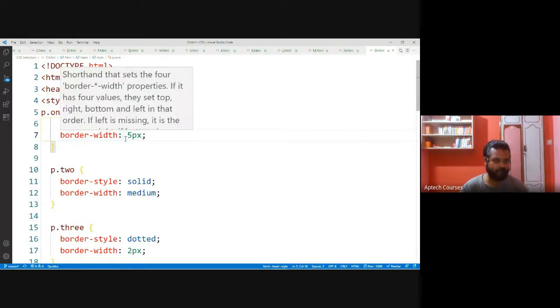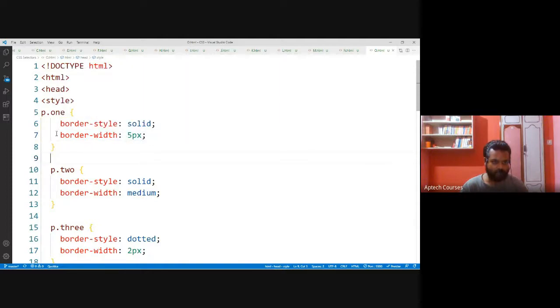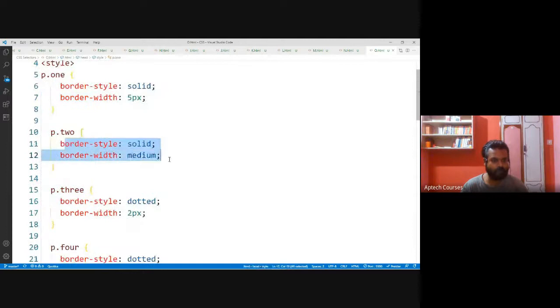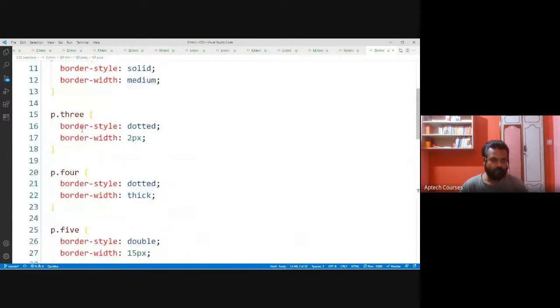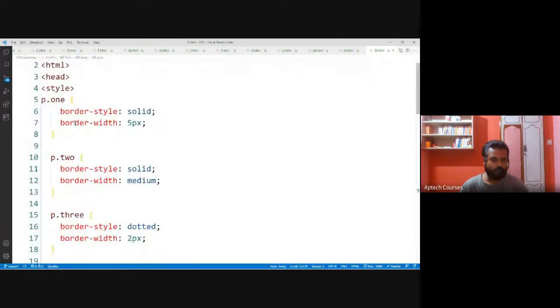If any paragraph element has the class name 1, this is the style. If any paragraph has the class name 2, this is the style. Likewise, for the paragraphs with the class name, that is the style.